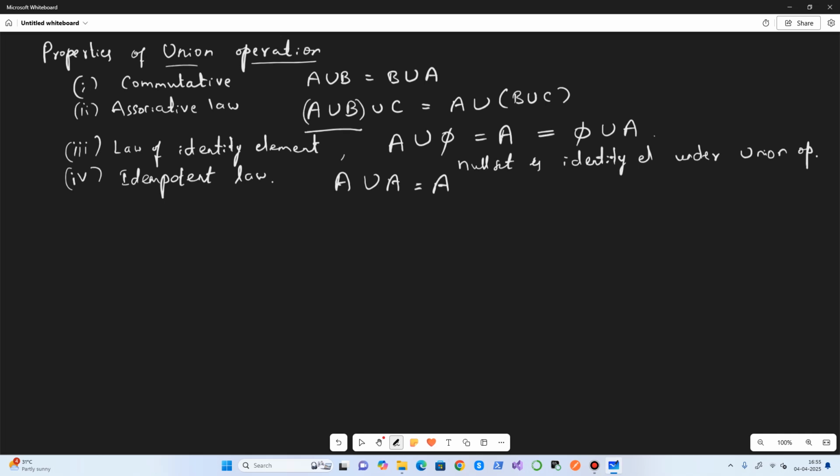And the last one is the universal set law. You take the universal set and union it with any set inside it, and you will always get the universal set. To distinguish, you use the capital U for the universal set, because any set is a subset of the universal set. That is the reasoning for this universal set law.